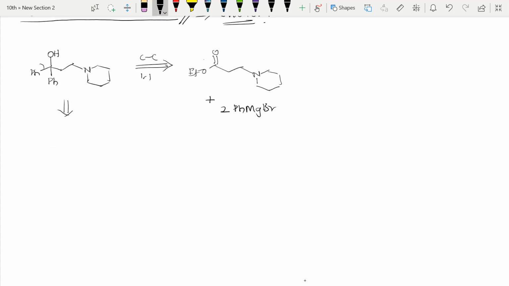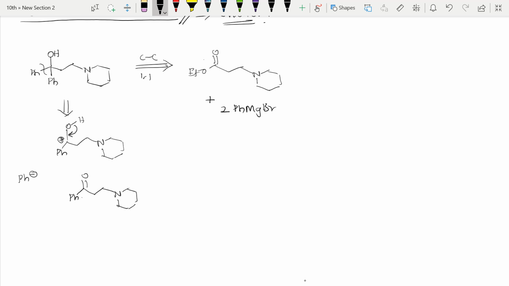If I disconnect only one, I'll get this compound. So Ph will be there, here OH will be there, and this carbon gets positive charge, and the other things are the same as it is, and here one Ph minus. Here what happens, to remove this positive charge, it takes the electron density, and H will go as proton, so I will get this compound, a ketone here, other things will be the same. So this one I'll get.